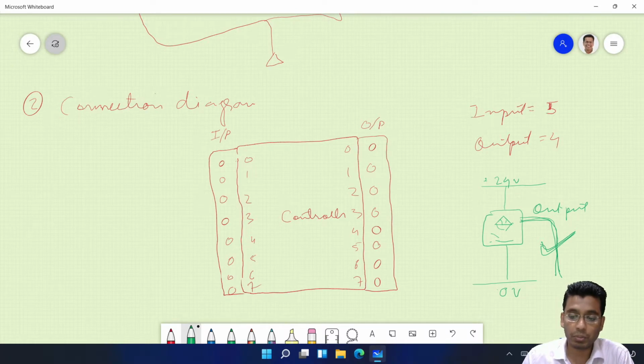Fine. So, sir, can we have another input like a master reset, like a compressor on command? Whenever the compressor is on, then only this will work, right? That can also be one of the inputs, or the motor of the compressor can also be tripped by the controller.